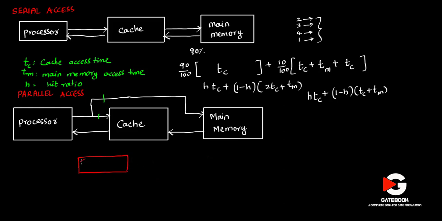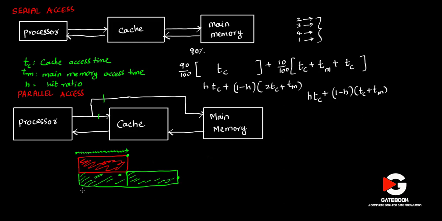This is, let's say, your cache access time, and this is your main memory access time. Because we start accessing the cache and the main memory at the same time, you can see the possible overlapping. So up to this point is the cache access time. This is the time period where we are accessing the cache. This is the point where we will know whether there is a hit or miss. If there is a hit, we stop here. If there is a miss, we continue accessing the main memory, and we get the data here.